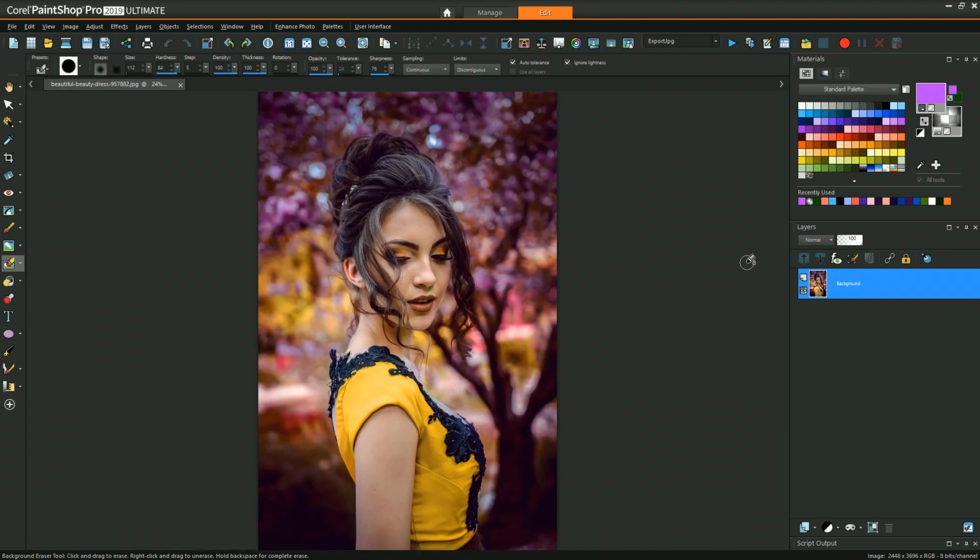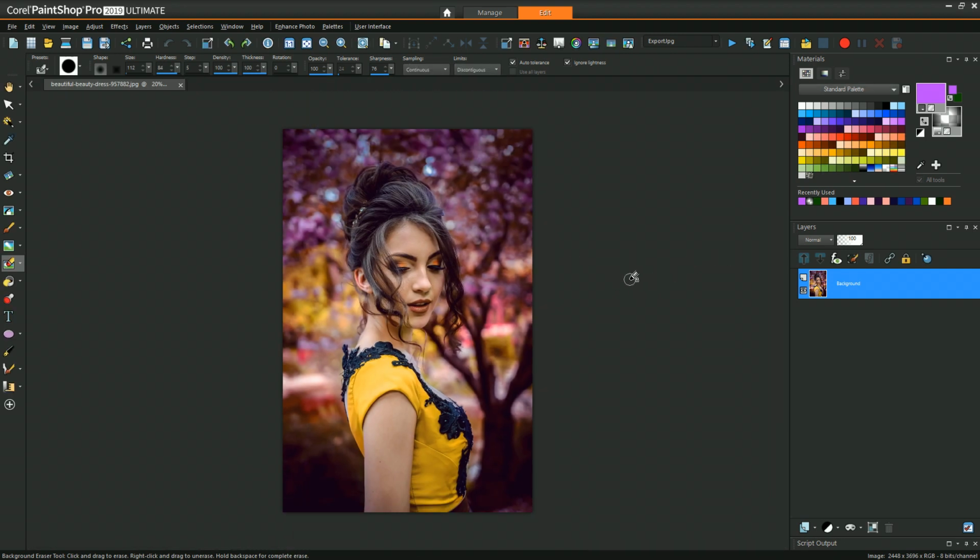So just looking at our starting image, which I got off of pexels.com, you can see that there's a lot of things that the background eraser would struggle with if we just tried to use it outright. There's a lot of luminance variation, a lot of color variation, but even more so, you have a lot of similarity between the background colors and the color of the subject. And our goal, obviously, is to isolate the girl from the background.